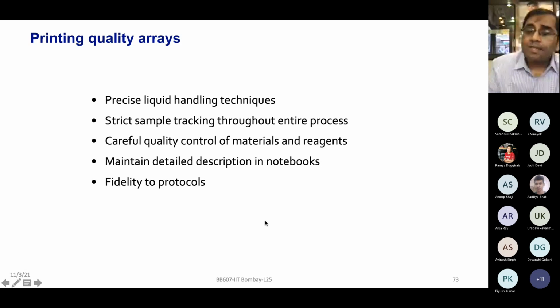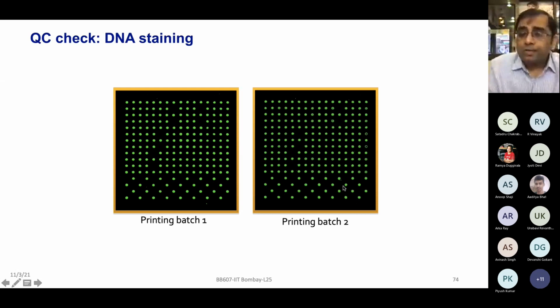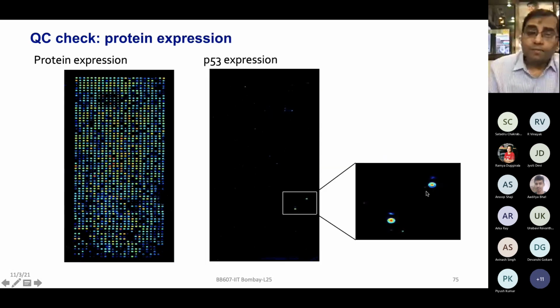For all of these things, a lot of automation and strict tracking is required. Good lab notebooks, maintaining good barcodes; the entire procedure requires careful work, and then you can talk at the scale of thousands, right? And now you can produce these printings. Again, if you have done printing in different batches, you need to check the quality of the batches. Like this batch and this batch are not exactly uniform. You can see there is some gap here in this batch, which is not in this batch. So likewise, you have to be cautious about how good your batches are.